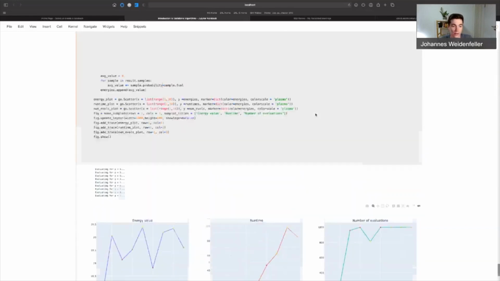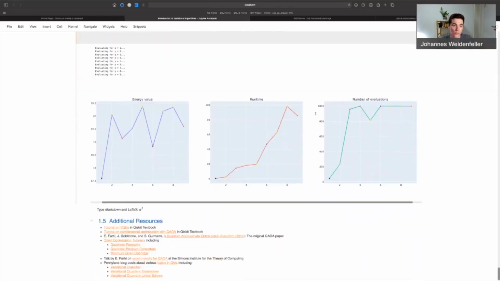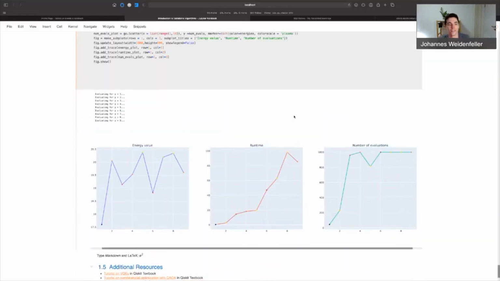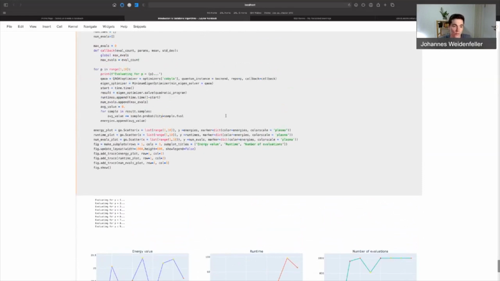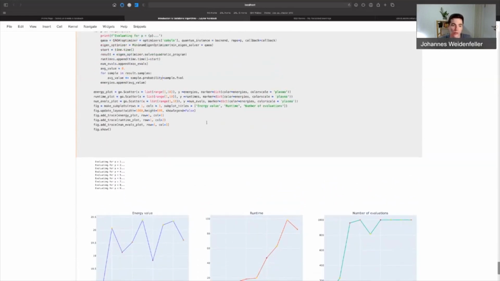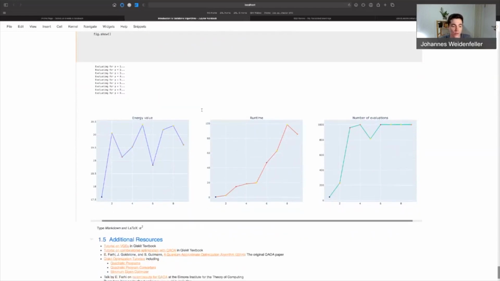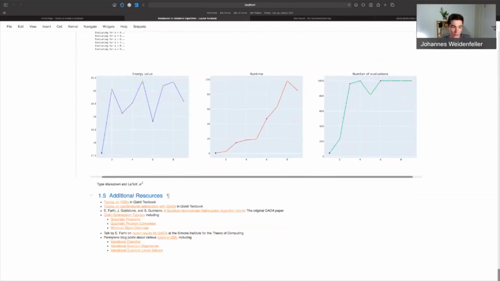Okay, but for now, this is it. I hope you've learned a lot during this lab session, and I hope you are comfortable now with creating your own variational forms in Qiskit and using QAOA to solve optimization problems. I've added a few additional resources at the end of this notebook, which include some more tutorials on QAOA and VQEs, but also some information on other variational algorithms, such as variational classifiers or variational quantum linear solvers. I'm sure that a lot of these concepts you will also see again throughout this summer school.